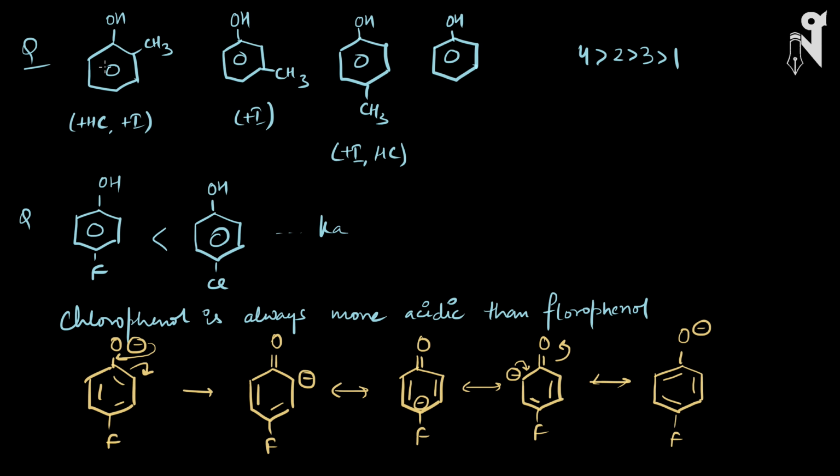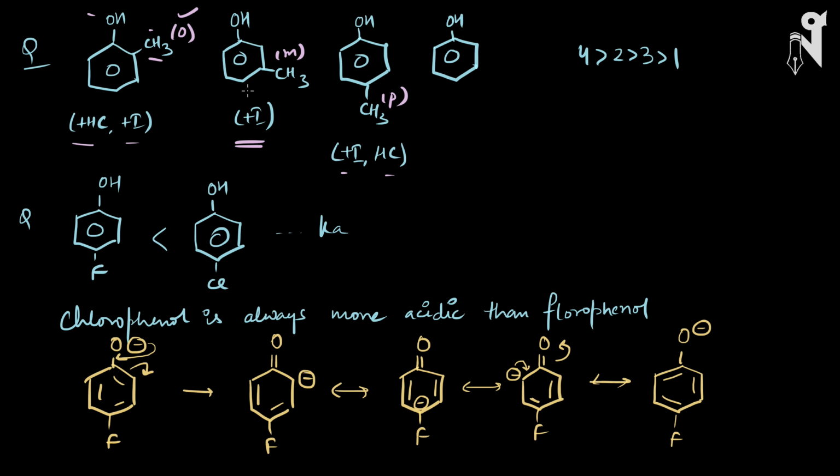Now let's talk about the next question. We have OH with CH3. So basically there is a CH3 group present. We can also call it orthohydroxytoluene, or we can also call it orthomethylphenol. Here the methyl group is on the ortho position, here it is on the meta position, here it is on the para position. Now look at the effects this CH3 can exhibit. It can exhibit an electron donating effect by hyperconjugation as well as inductive effect. On the ortho position, hyperconjugation and inductive both will be working. On meta, only the inductive effect will be working, whereas on para, inductive and hyperconjugation both will be working. Inductive is anyway distance dependent, whereas hyperconjugation is not distance dependent.